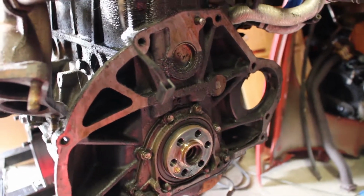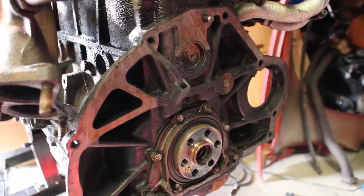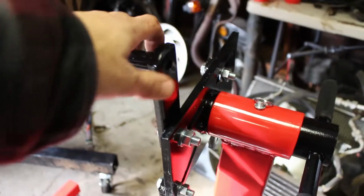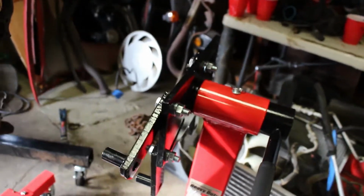I don't like that a couple of the gears have little scuffs to them. They're not totally chips, but little scuffs. I will show you guys that in a little bit. But I'm going to try to now get the engine onto this engine block holder thingy. I don't know what to keep calling it, but...